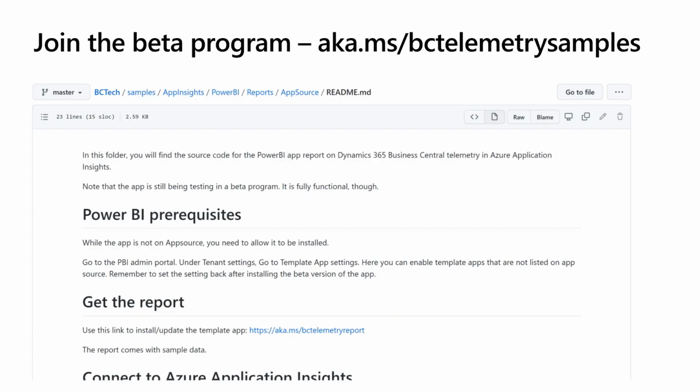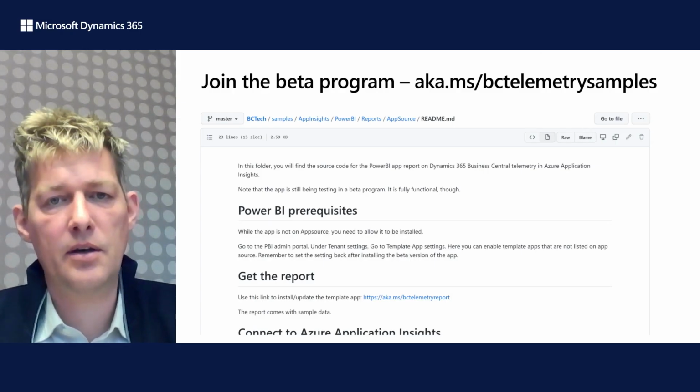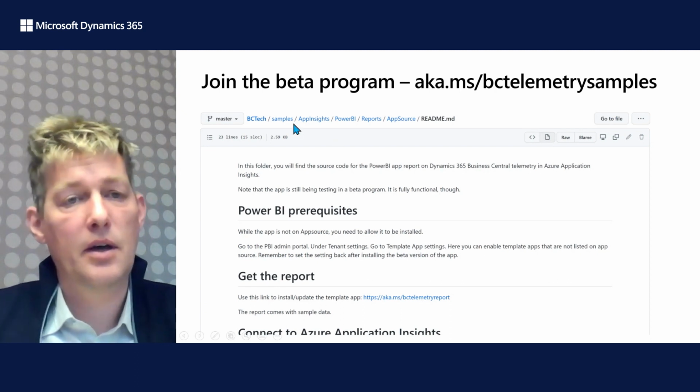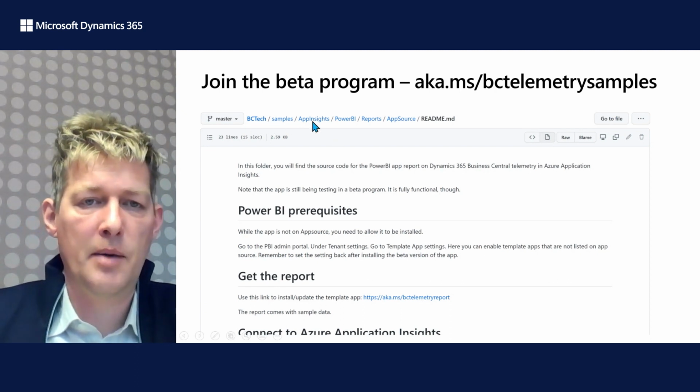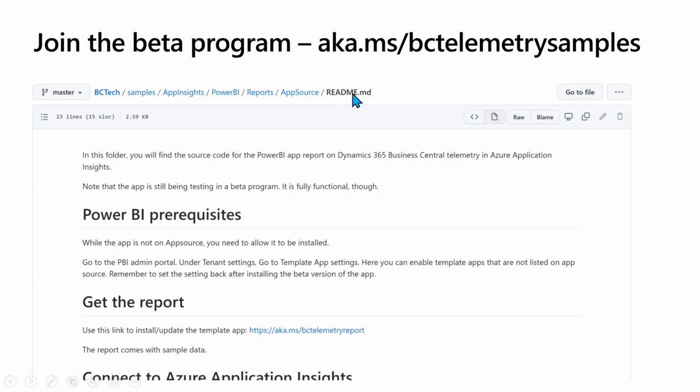So how do you join this beta program? How do I get this app? Well, it's under our BC Tech, under App Insights. There's a README here for how to get started, especially for the prerequisites. The app is not yet on AppSource, so you might need to do a little bit of setup in your Power BI admin portal to be able to install it. And the actual installation URL is simply this one,